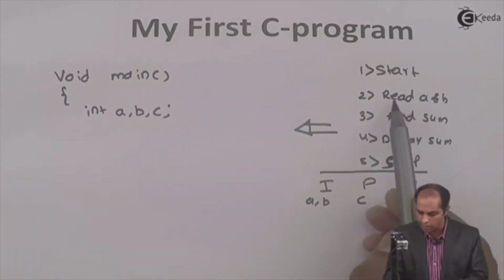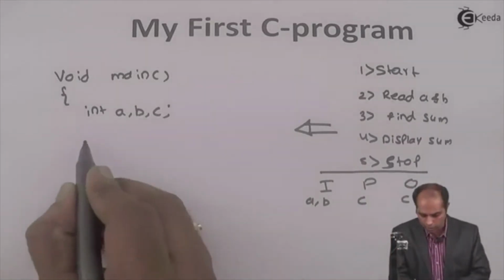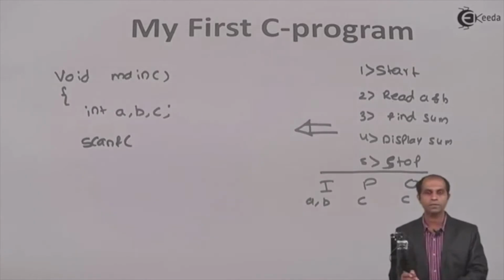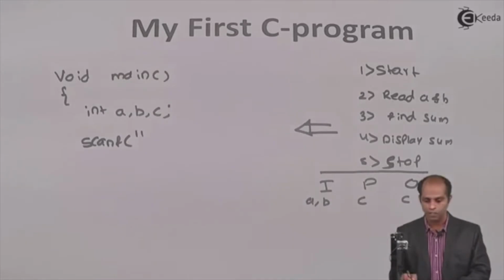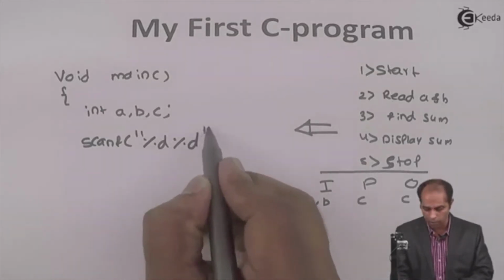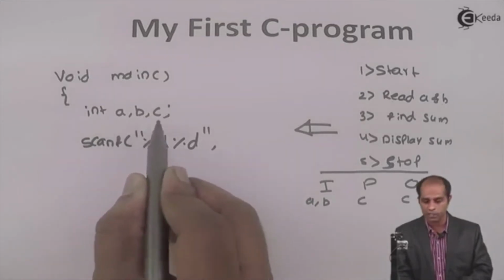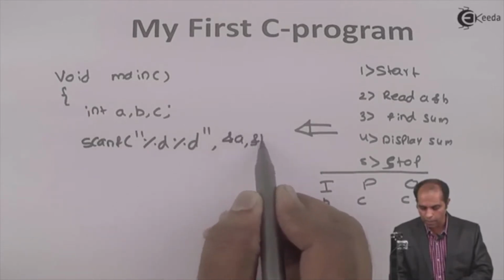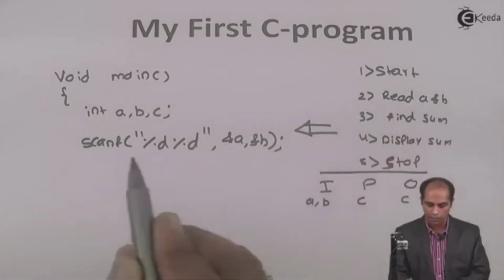Then, let's translate the instruction read A and B to this. How do I read values? So, you got it right. We are going to use a scanf instruction to read values. How many values did I speak? I spoke 2 values. So, 2 values of type integer. So, I should say %d, double quotes complete, comma. I have 2 values to be read into the input variables. I have input variables as A and B, so associate ampersand of A, ampersand of B and a semicolon. So, I have written the second step of my algorithm in this.